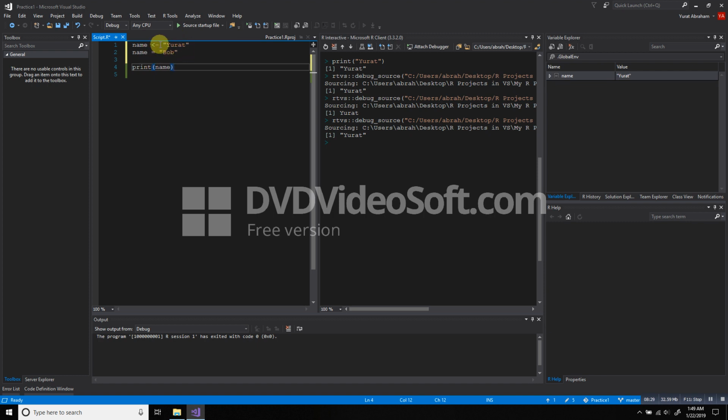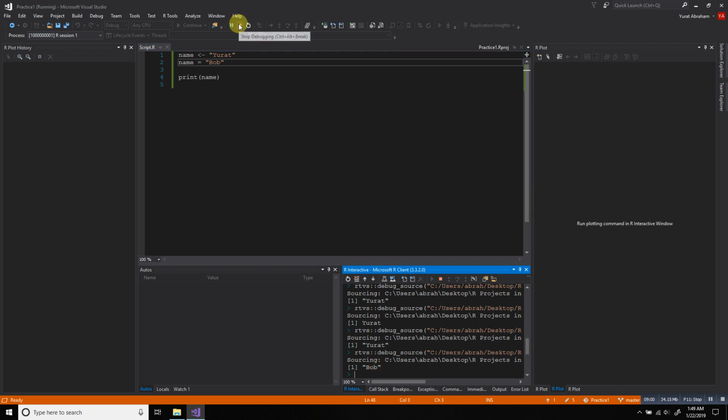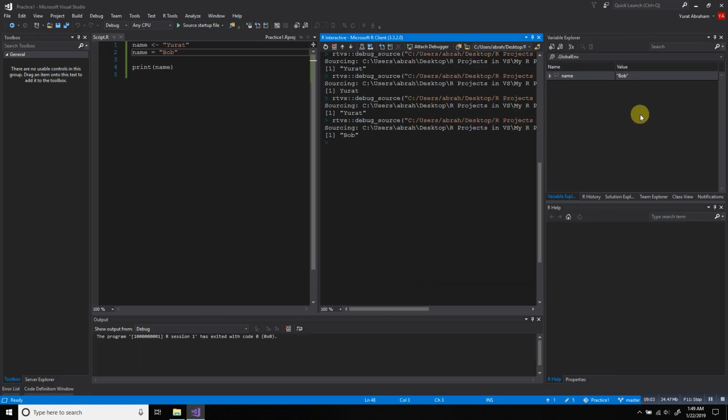And while I'm here, notice that I decided to use the equal sign. They both mean the same thing, just the assign operator is more old school because R originally came from the language S and they used the assign operator. Me personally, I like the equal sign because most of the languages that I've learned use the equal sign. Okay, and if I hit play, okay, Bob came out. So if I stop,